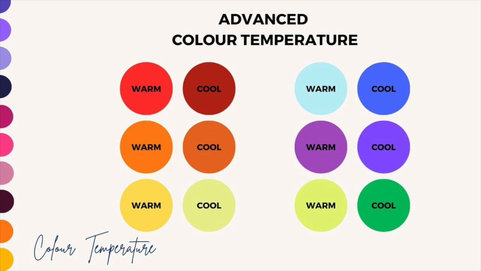And with cool and warm blues, a warm blue would have a tiny bit of yellow in it, but not enough to make it green. So that's where we start to get our full spectrum of colors, and that's what people mean when they talk about a cool red or a warm blue,